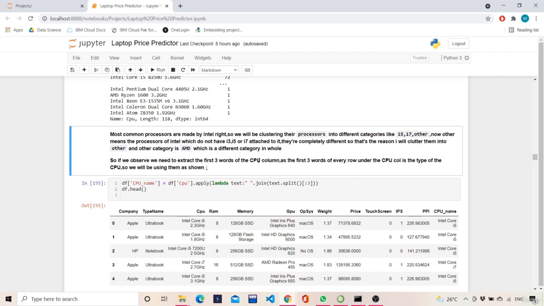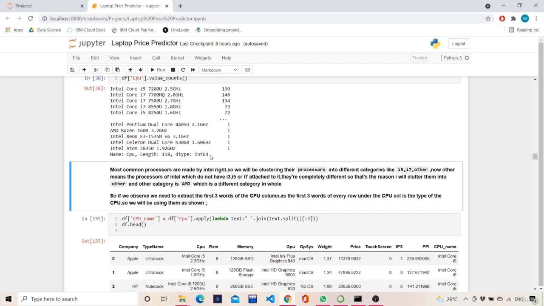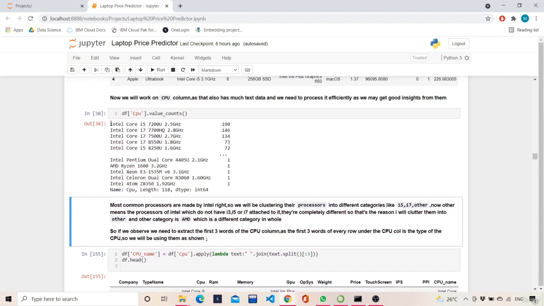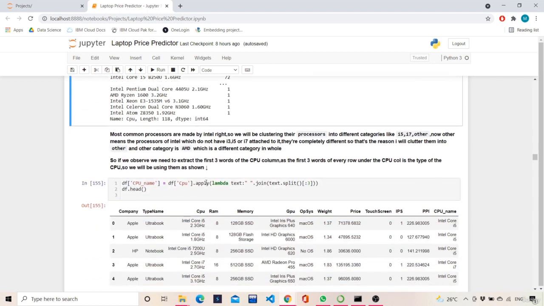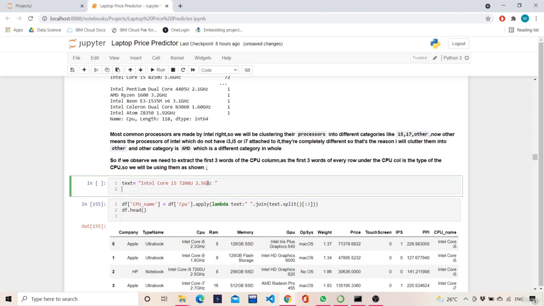So we have to see about AMD as well. Okay, so over here what we will do is a little bit tricky. We will take this, for example, as a text. Okay, we will say that text is equal to this thing. And then we will say text dot split, where we want to split, at spaces. Just write split and then see,